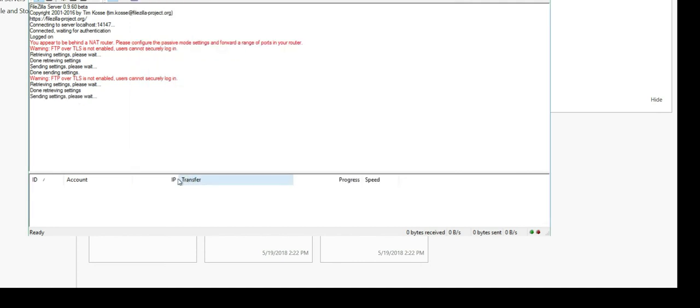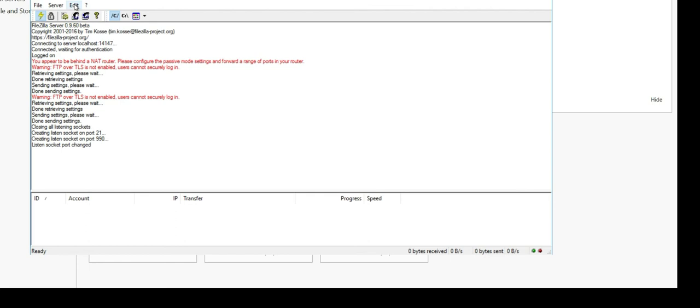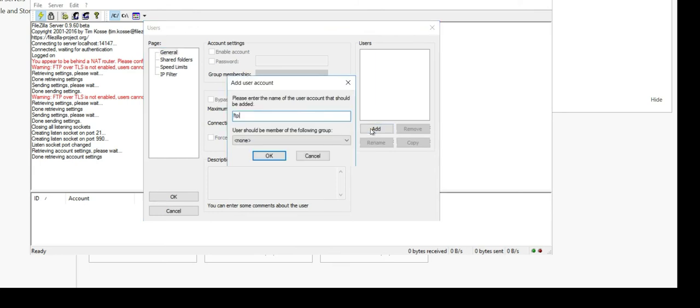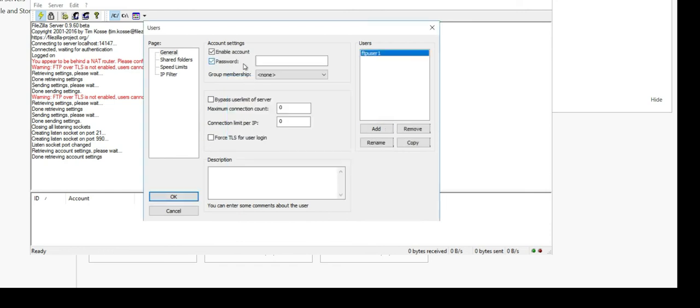Now we need to set up some users. So if we click OK on that, and then we do edit users, you also can create groups as well. So let's just do one user first. So let's just do FTP user 1. Click OK. Give it a password.